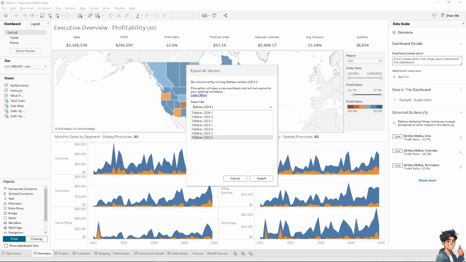Now, basically, that's how you save your Tableau workbook here on the